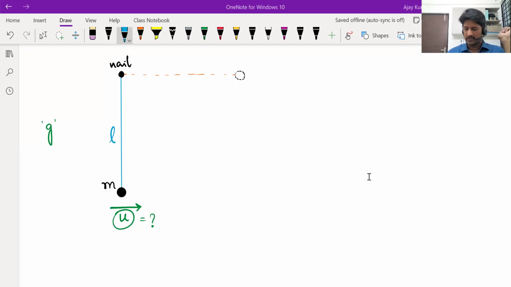Okay, let's discuss some ideas. Rishi, how do you think you can solve this? Sir, since the angle is 90 degrees,